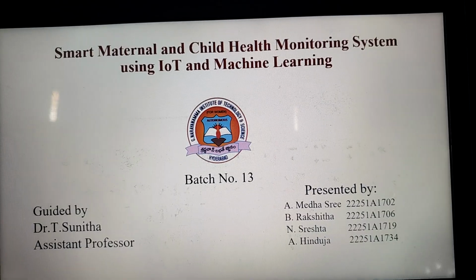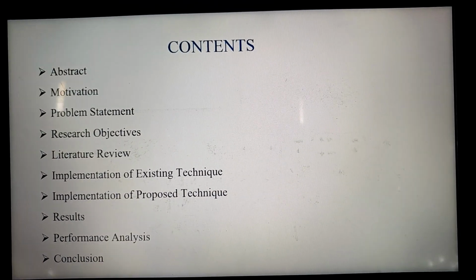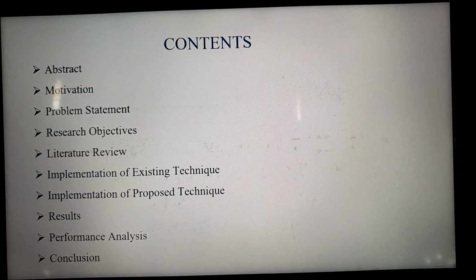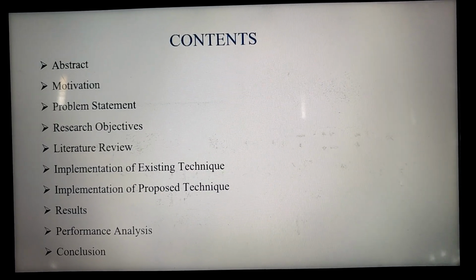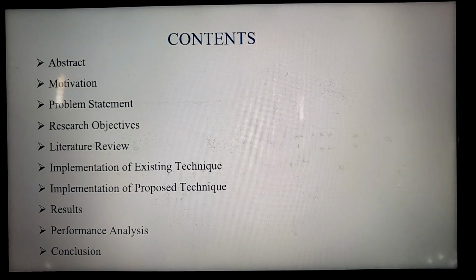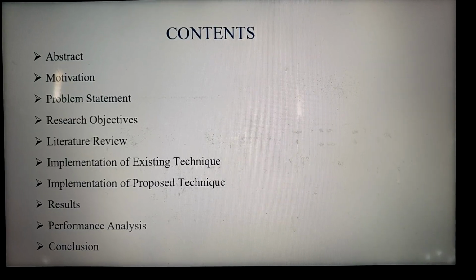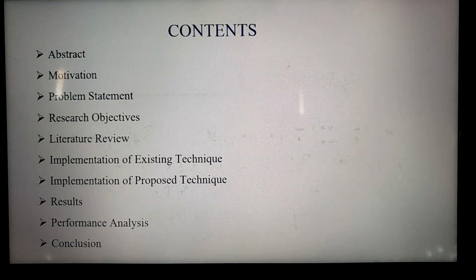T. Sunita, assistant professor. Talking about the contents, I'll be going with the abstract, which is followed by motivation, problem statement, research objectives, literature survey. Then we'll try to understand the existing technique, and then we'll go with the proposed technique, result, performance analysis, and